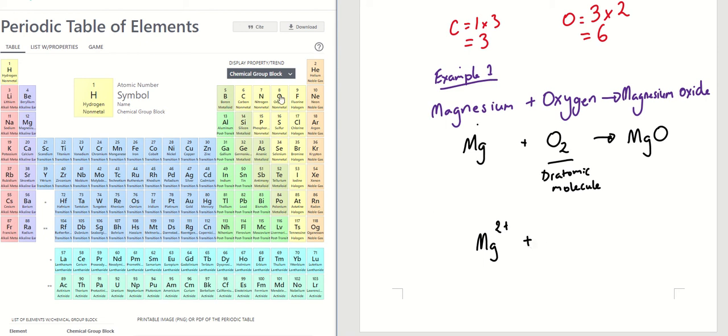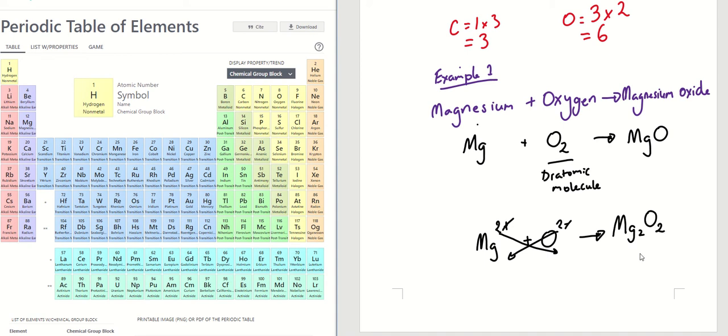Oxygen, as an ion, is in group 6. So group 1, 2, 3, 4, 5, 6, or group 16 if you want to call it that way. It needs 2 valence electrons to get to this 8th shell. So it has a -2 charge. If you recall the method of writing an ionic formula, you cross out the charges and you shift the numbers across. So when you shift the numbers across, you get